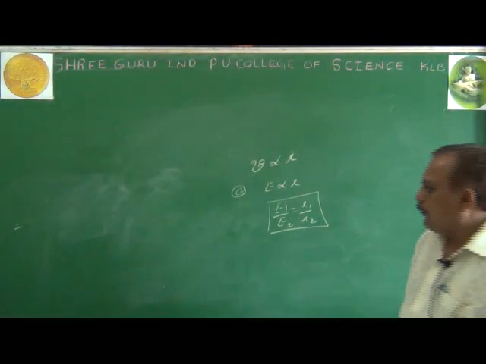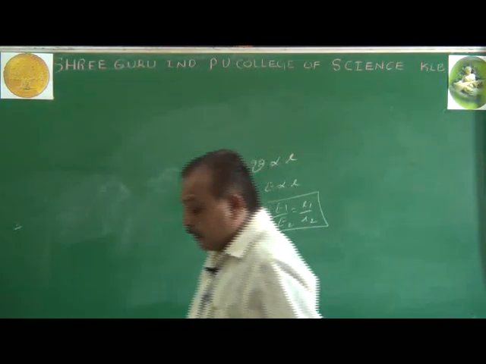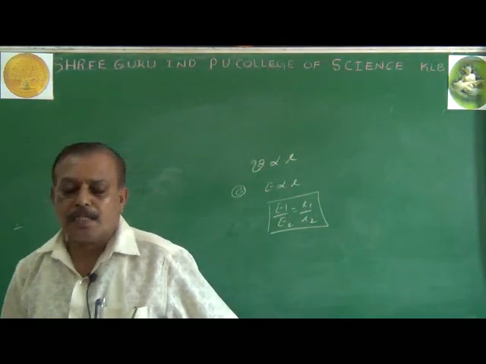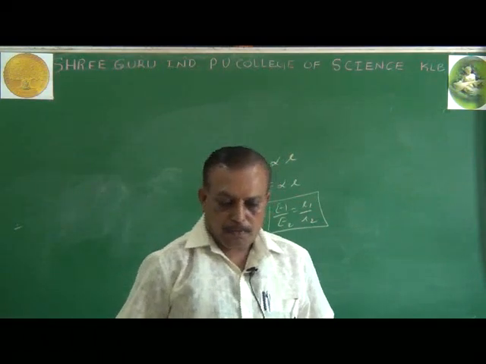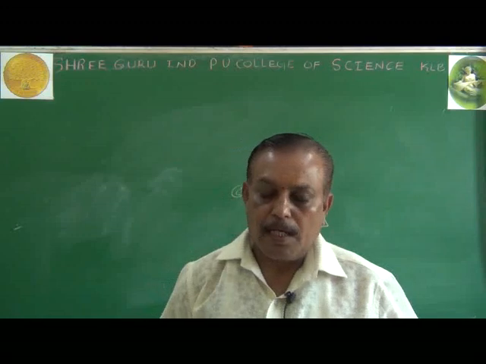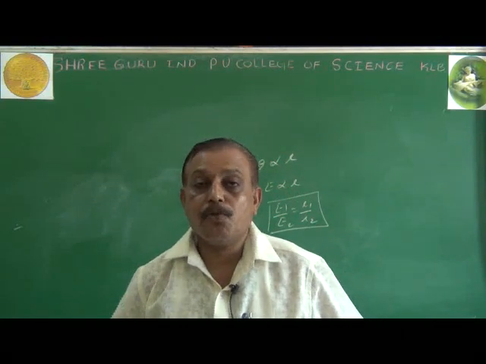With the help of the potentiometer, we also determine the internal resistance of a given cell. That is the most basic thing. When a cell is going to be prepared, the cost of the cell depends on what? Its internal resistance. If cells with high internal resistance are manufactured, there will be no use of such cells.